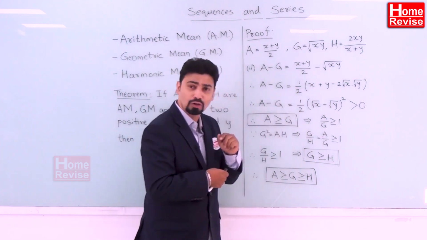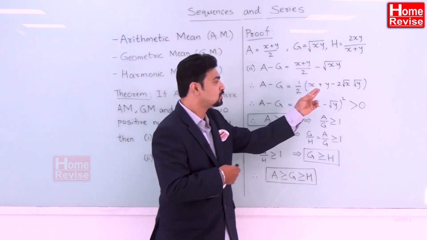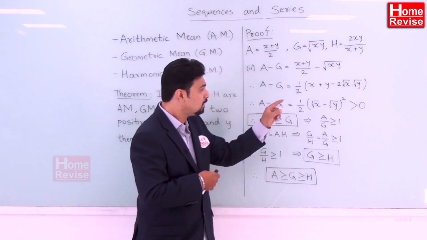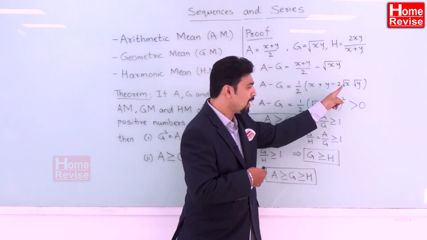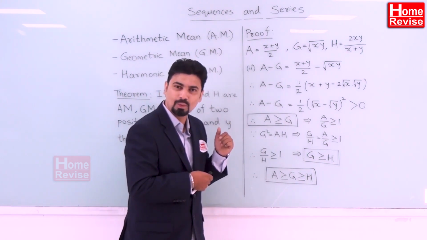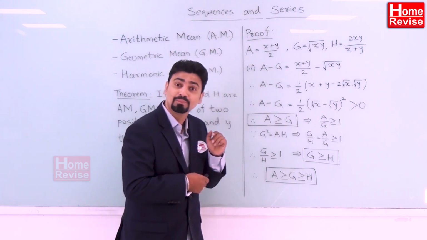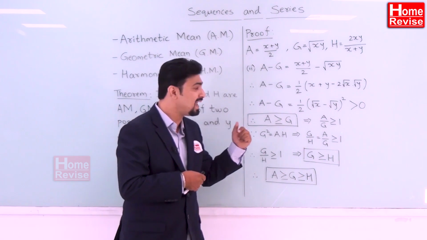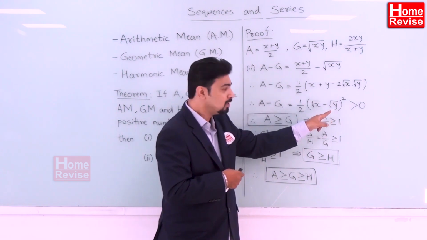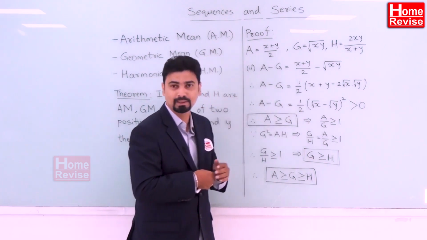Now this x and y also, I can say that x is nothing but square of root x, and y is square of root y. So if you understand, this is a formula. Square of root x minus 2 square root x square root y plus square of root y. This is of the form a square minus 2ab plus b square, that is nothing but a minus b the whole square, where in this case my a is square root x and my b is square root of y. So square root x minus square root y the whole square. Obviously outside we have 1 upon 2 multiplied to it.